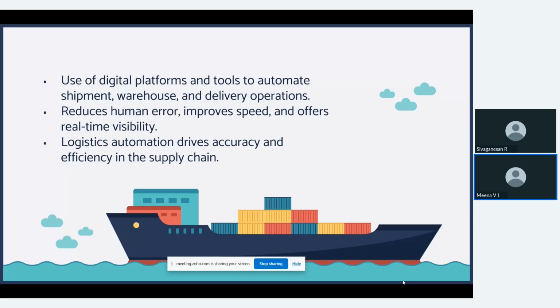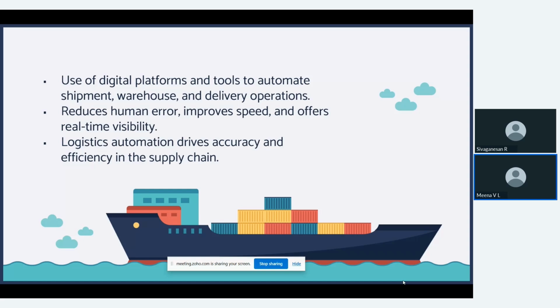And then the proof of delivery, you may receive the proof of delivery through emails, but you will lose track of it, right? So there should be one centralized place where you can have all the modules and documents related to the logistics in one place so that you can access it anytime and you will not lose track of it. So for this process, to have it all in one place, we need something called automation.